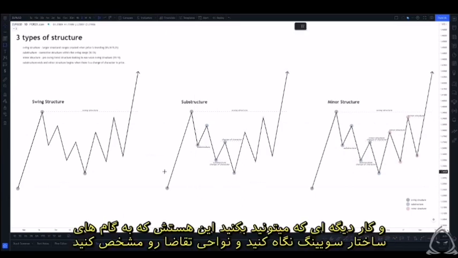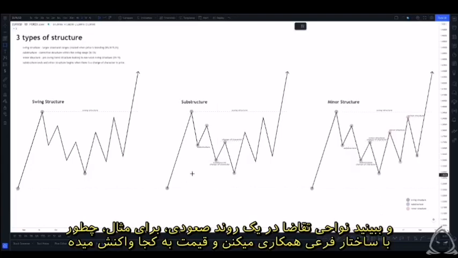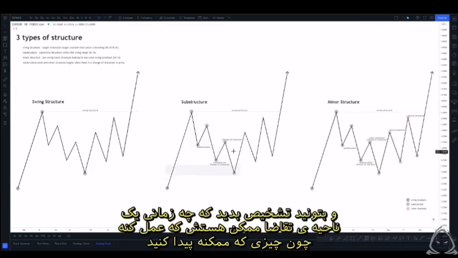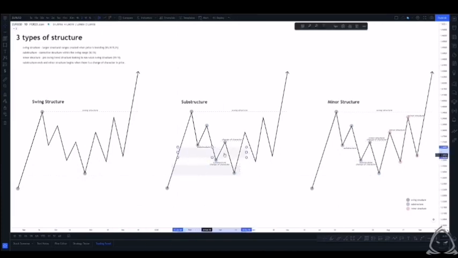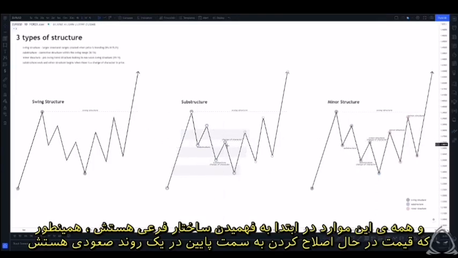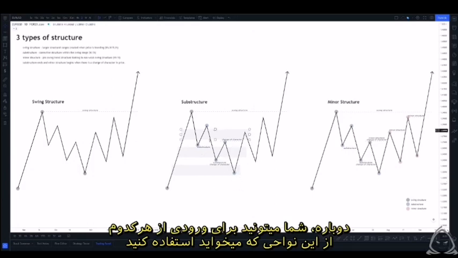And then one other thing that you can also do is start looking at your swing structure legs and start mapping out your demand zones and seeing how demand zones in a bull trend, for instance, line up with your substructure in terms of where price reacts off of, and being able to start identifying when a demand zone is likely to get facilitated. Because what you might find is there might be a few different demand zones within the impulsive range, and it's all about understanding the substructure initially as price is continuing to correct to the downside in a bull trend. And again, you can look to enter on any of these demand zones if you wish, but